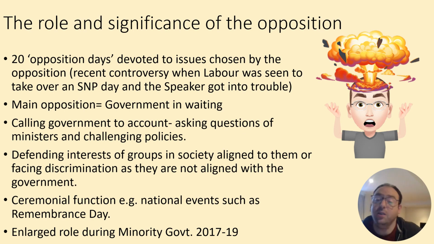in 2017 to 2019. Now, Rishi Sunak has said he thinks there's a strong possibility of a hung parliament in 2024, and we'll wait and see on that one. But there are examples in the past where we've seen governments fail to gain majorities. So 2017 to 2019, we see minority government. 2010, we see the coalition government. And again, opposition in those periods can play a more significant role.